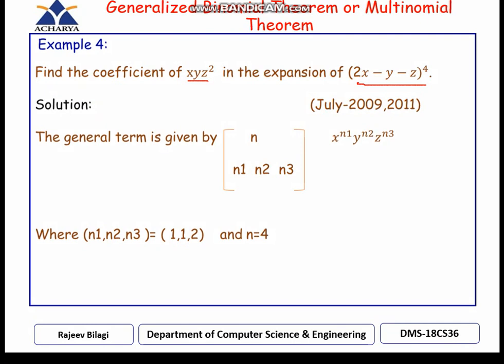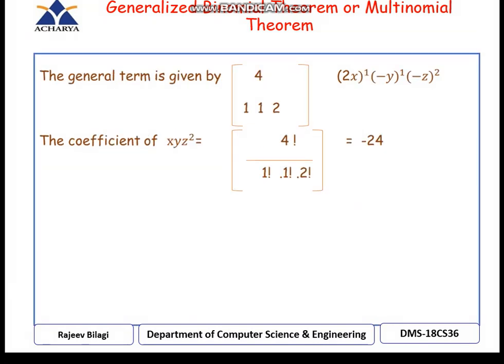If you look here, n1 is 1, n2 is 1, n3 is 2. So 1, 1, 2, which gives 4. So here I am going to get n equal to 4, which is the same as this. So the general term will be given by this one, 2x to the power of 1, minus y to the power of 1, minus z to the power of 2. So if I find 4 divided by this, this and this, what you are going to get is